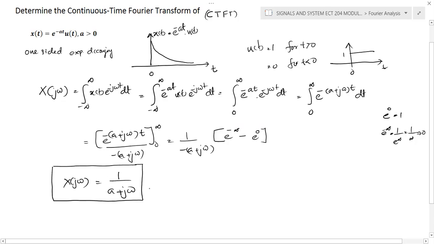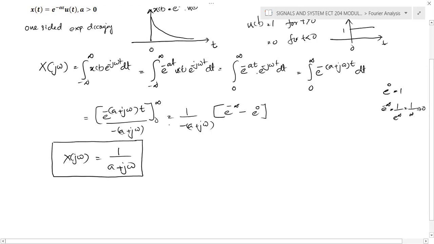Okay, and we got some equations, but we need to know what the spectrum of this particular signal is. What will be the behavior of the signal in the frequency domain? In the time domain, it will be like this, an exponentially decaying signal, and we need to plot this 1 by a plus j omega. It's a complex signal, so we need to represent it in the a plus jb form. Only if it is in a plus jb form can you find the magnitude and angle.